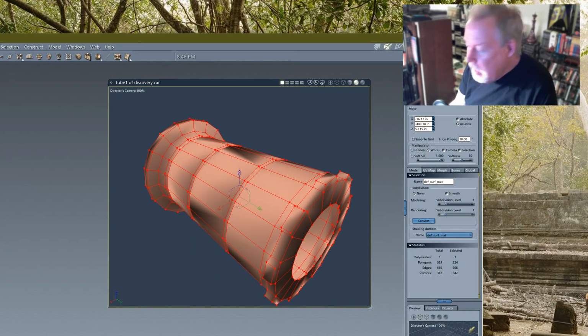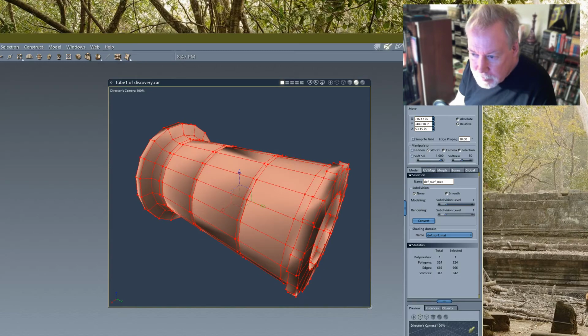I started that model in 2005. And I stopped in 2006. So that model is 10 plus the 5 plus the. So that's 15 years that model's been waiting to get worked on some more.